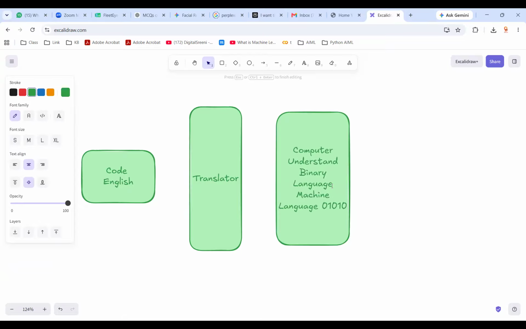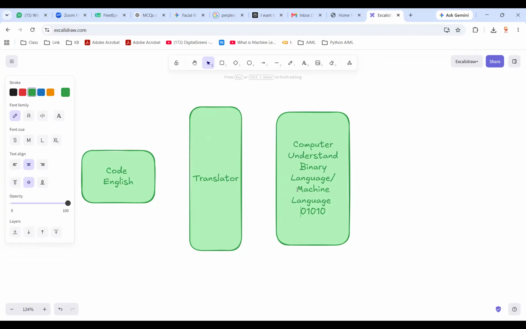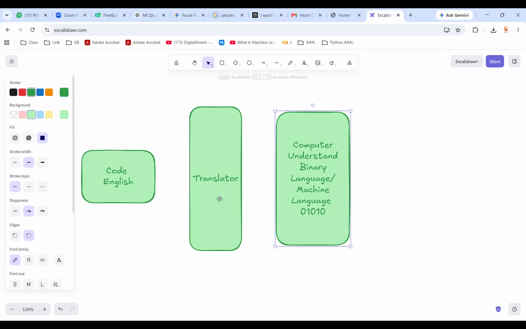Binary language and machine language both are the same. In binary or machine language, the only characters we use are 0s and 1s, and the machine will understand only machine language or binary language. So here, the most important thing I'm trying to explain is that when we are writing code in any language, C, C#, Java,